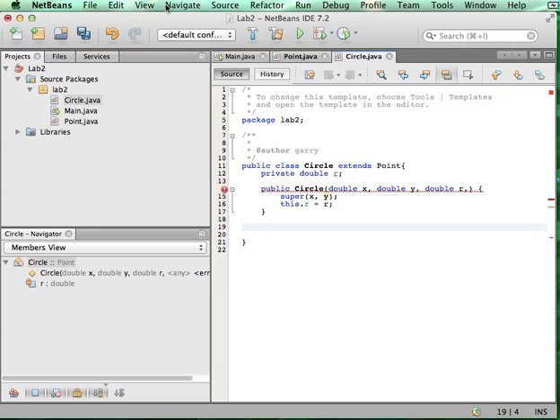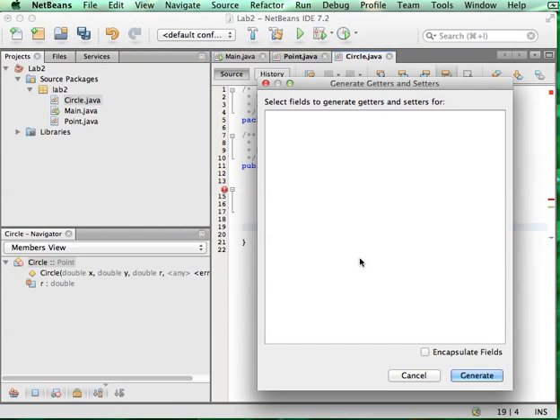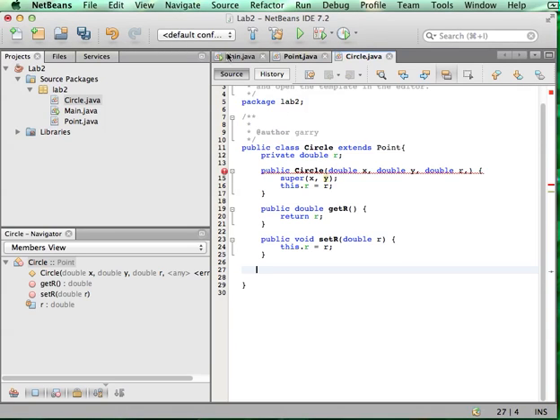So there's the constructor. I need to insert getter and setter for R. I need to write a method for the area. So that's public. It's going to return a double for the area. Get area. And I don't need to give it any parameters because the area is